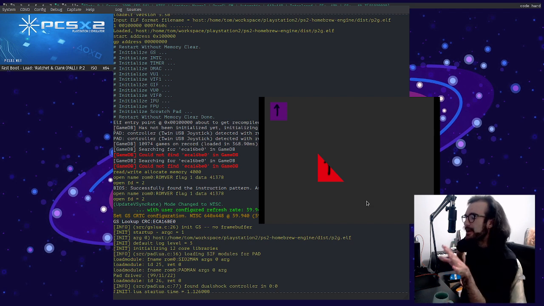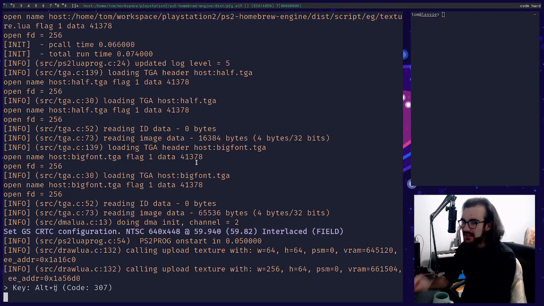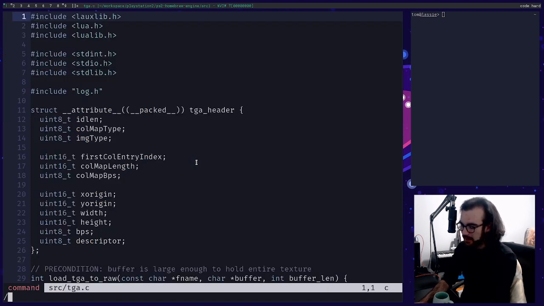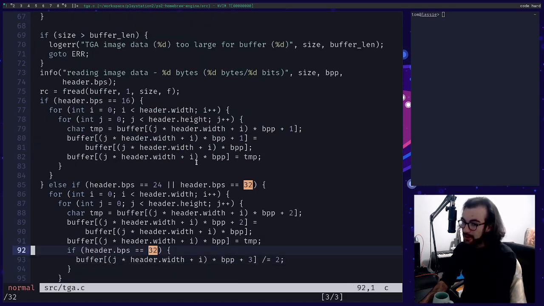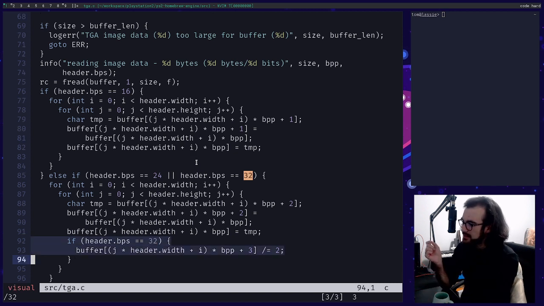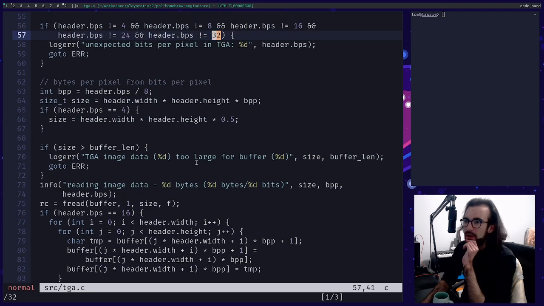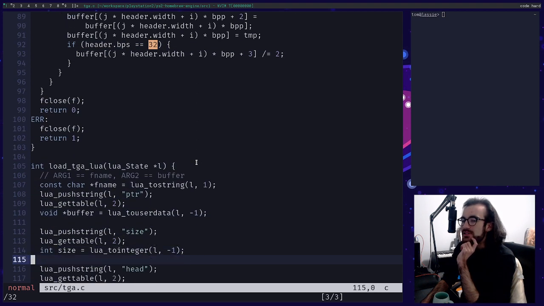So I'm sitting down and I'm asking myself, what is the difference between these two textures? The difference is that one was semi-transparent and the other was not. So for some reason, this TGA loader code blows up when the texture is fully opaque, even though that makes literally no sense. What else? Where else? So this is the only place we check for 32-bitness.